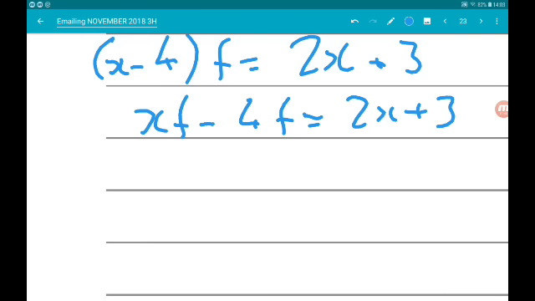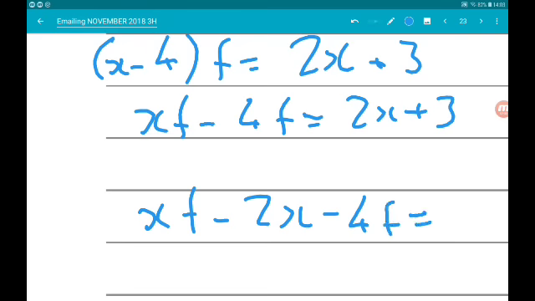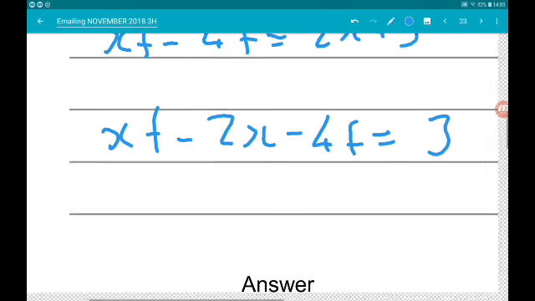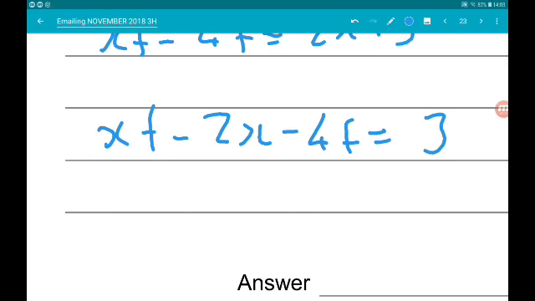So I'm going to subtract 2x, so we get xf minus 2x minus 4f is equal to 3. Now, any terms that don't involve x, move those to the other side. So we're going to add 4f. So xf minus 2x is equal to 4f